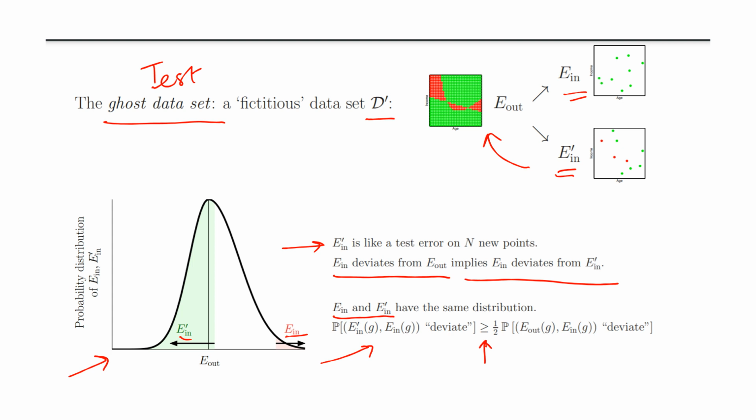So this is an important result from the perspective of creating a relationship between E in and E out, because we found another sample which is sort of representing E out, not quite, but it is there. And we also know that there is a deviation between this E in prime and E in, and that deviation, of course, is greater, with at least half the probability, than the deviation between E out and E in. Okay, so if we have this information with us, given two samples, this leads us to